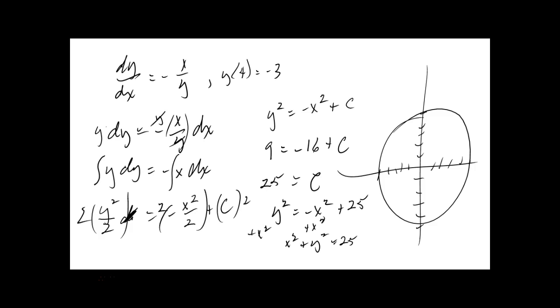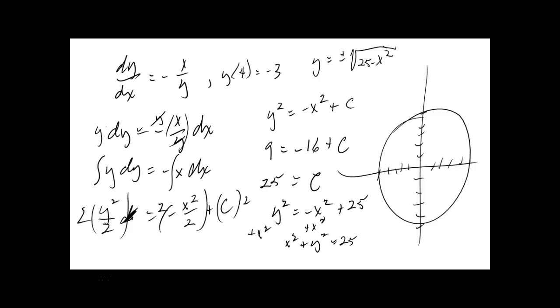So I guess the better way to have written this is y is equal to plus or minus the square root of 25 minus x squared. Okay. Going back and subtracting that x squared again. So depending on which,